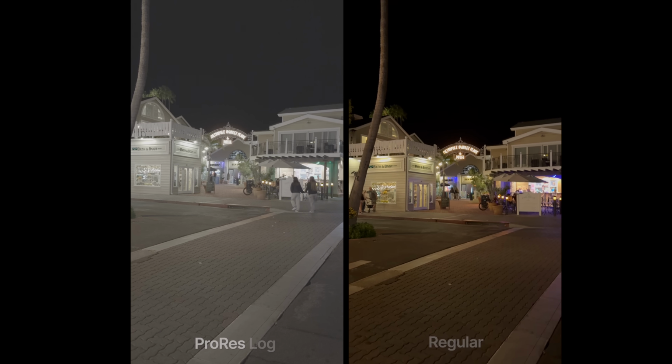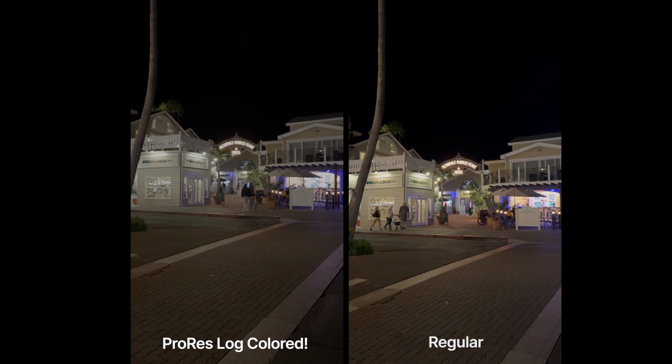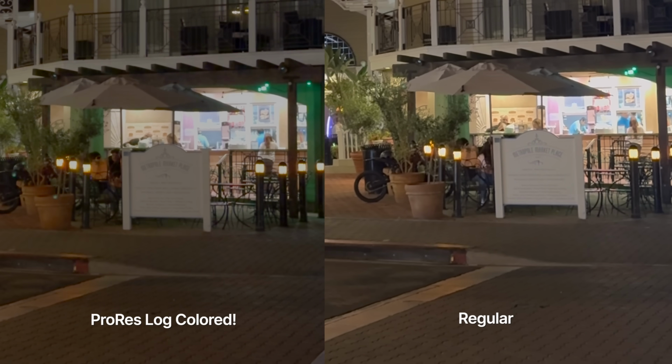I was also super impressed with how well this shoots video at night. Here's a demo of a shot that was shot in log, and here is one that's just regular, and you can kind of see here in the lights how it saved a little more detail and it's less blown out